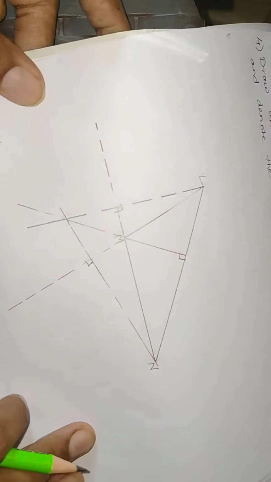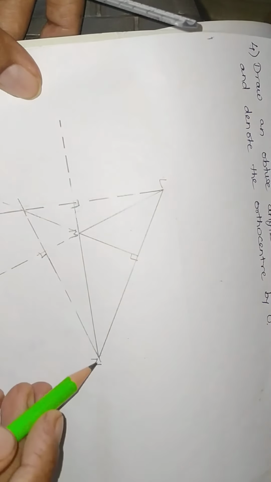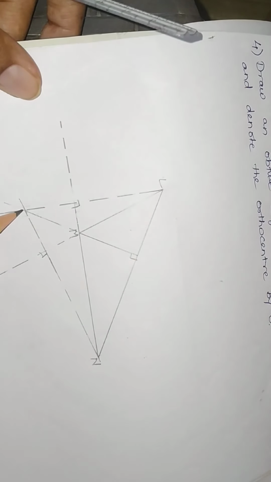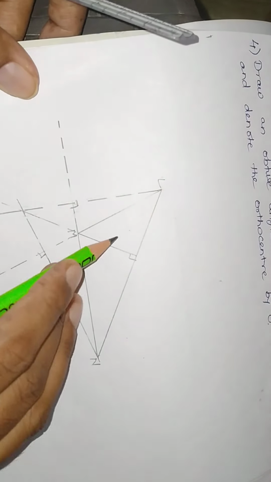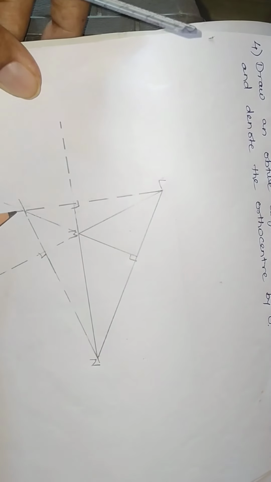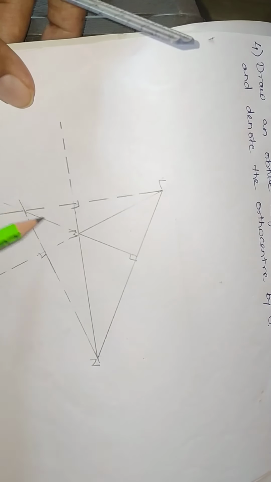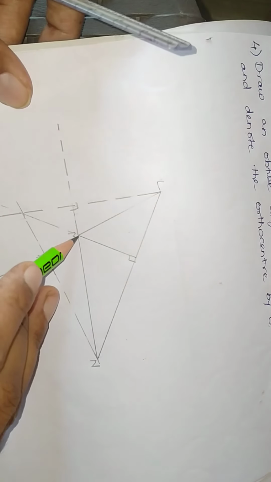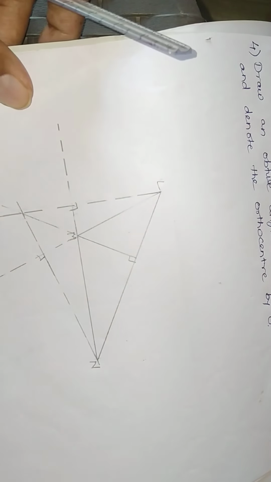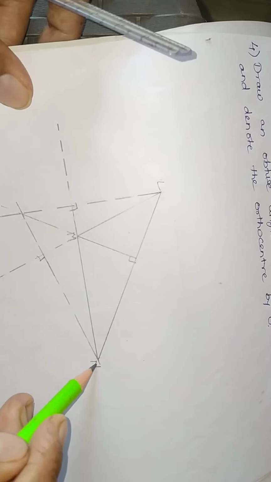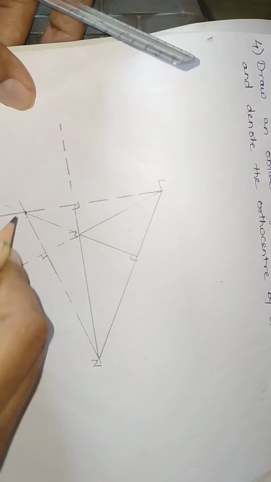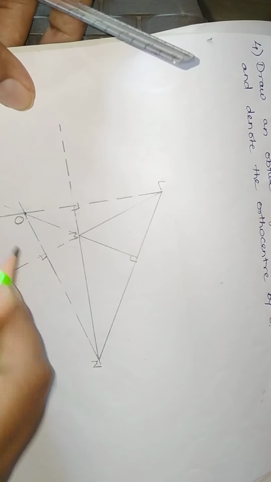Now see, like this it will come. For N we have drawn this altitude, and it is an obtuse angle, so the point will come outside the triangle. This altitude is from L, this is from M, we have extended it till outside, then this is from N, and the point of concurrence we got here is the orthocenter O.